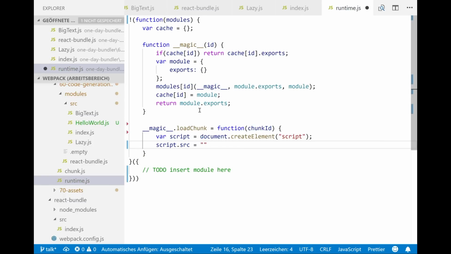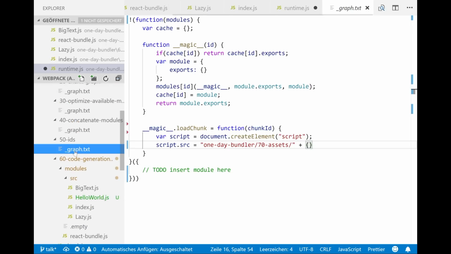Let's assume we load this at bundler/last step/assets/ and now it needs the name of this chunk, and it could be any chunk with an ID, and because we only have IDs, we need to map this. So let's take a look at the graph again.